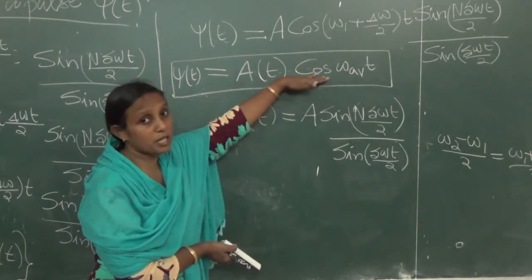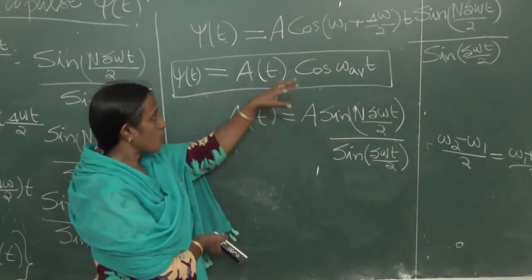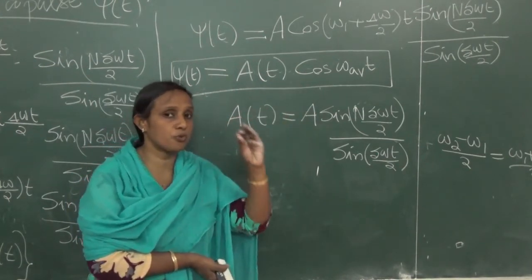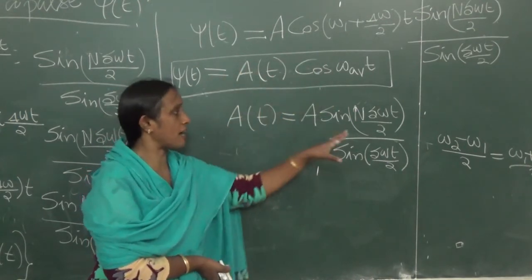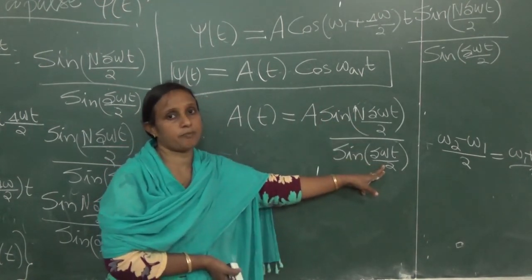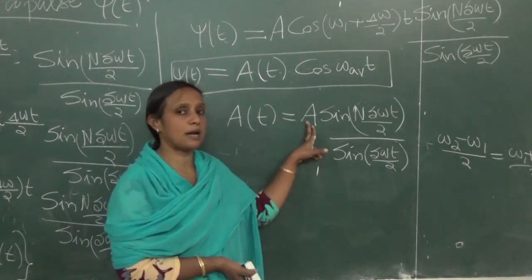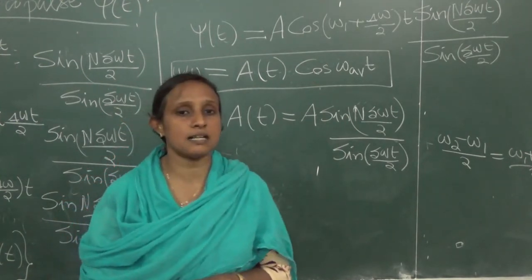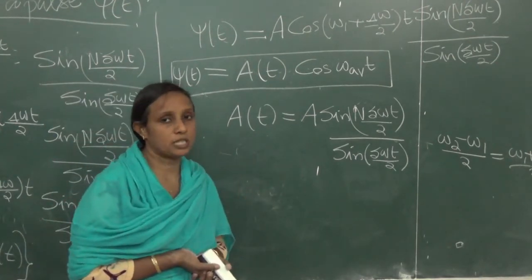This result is familiar to us where we superimpose only two frequencies. Now the corresponding expression for n components, n frequencies of oscillation, is given by this expression with amplitude varying with time as shown in this equation. Here there is a constant amplitude A. Usually we prefer amplitude in the initial condition at t equal to 0. What is the amplitude of the oscillation?